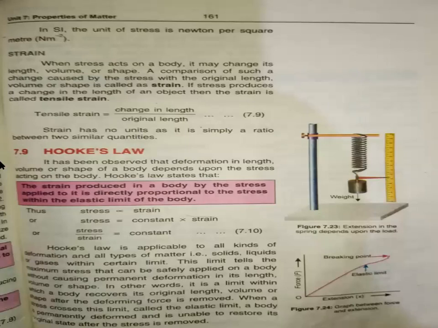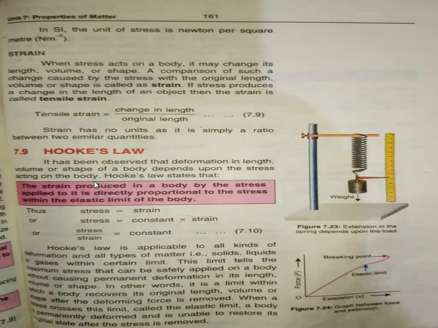But Hooke's law is applied within the elastic limit. Suppose you have a spring here, its one end is attached and the other end is fixed. At the other end we keep putting loads, weights, in one pan. What happens if we apply the weight over here? It will keep on stretching. But a point will come when, if we put more weight in it, the body will become damaged, or the body will not come back to its original position. That is called out of elastic limit. But Hooke's law is only applicable